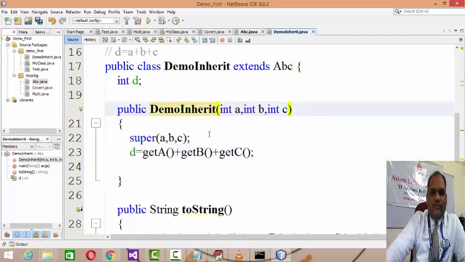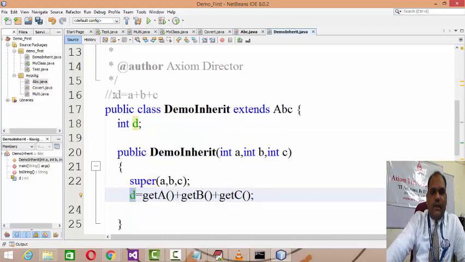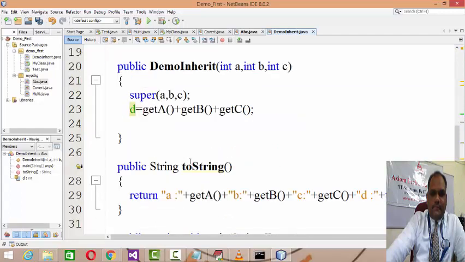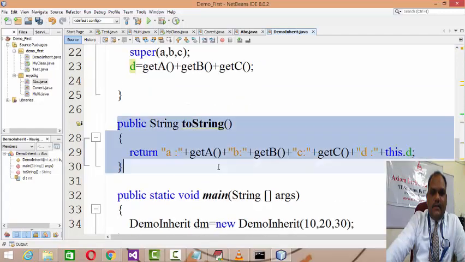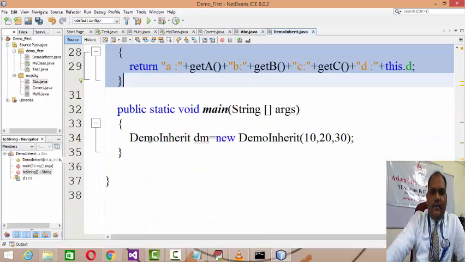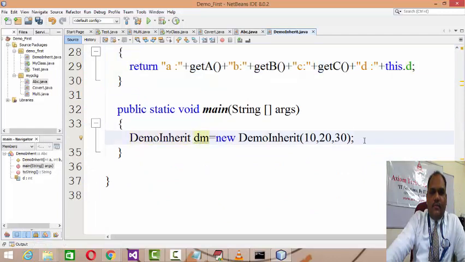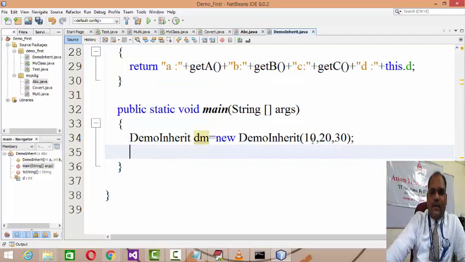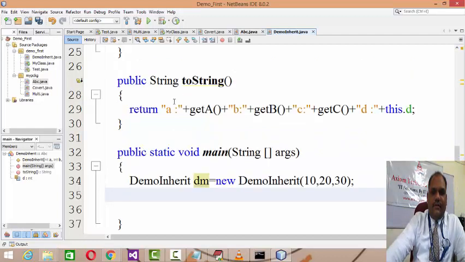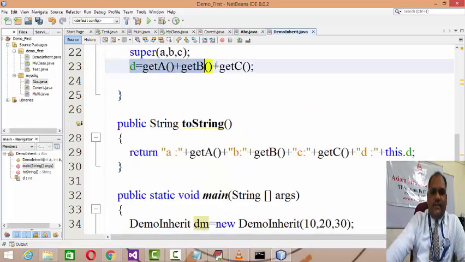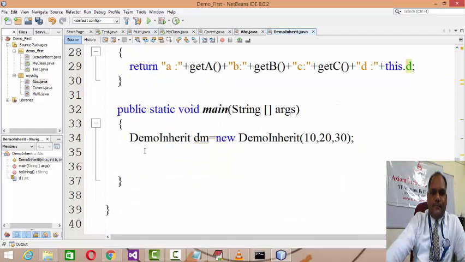The constructor of the derived has extra arguments which will be passed on to the base class constructor, and in this case we are referring to all the methods. I'm going to prove the point that the private data belonging to the derived equals the cumulative copy of the base, and here I am overriding the toString method. Then in the main I created the object of Inherit and pass on the arguments. In this way I can initialize the private data belonging to the base, right, and then in the constructor of the derived itself I'm initializing the property belonging to the derived also.